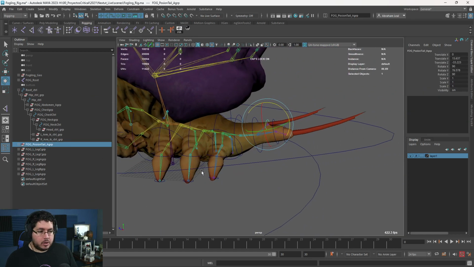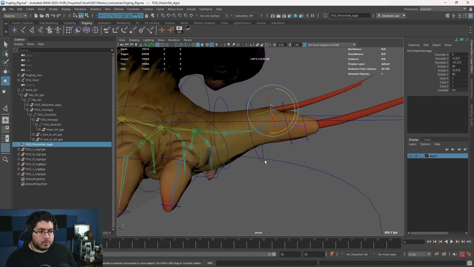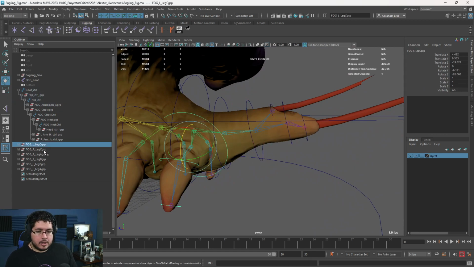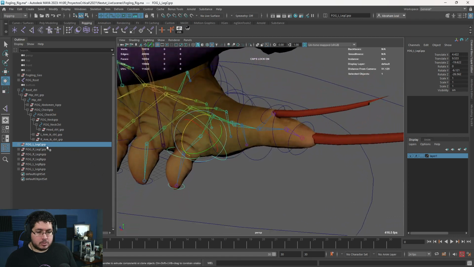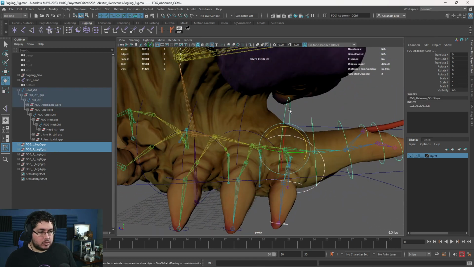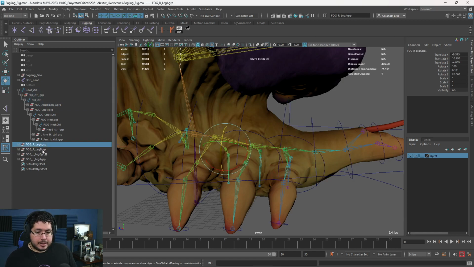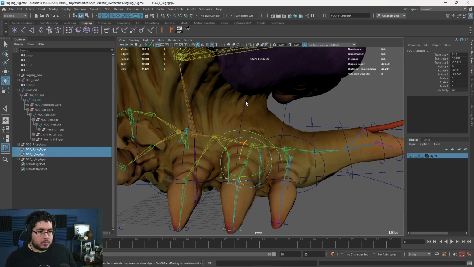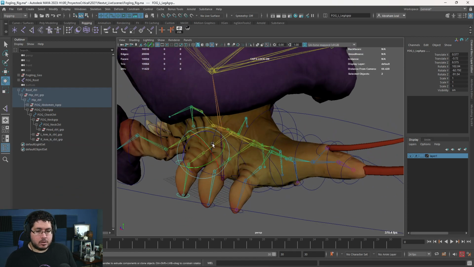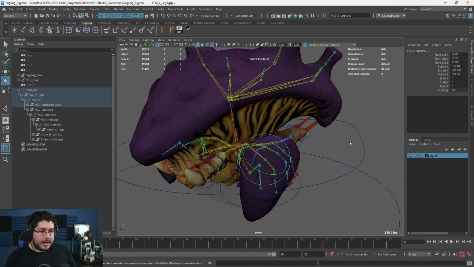What else do we have here? The poison tail group should probably be grouped to this curve right here, which is the closest one. These two leg C controllers I am going to connect to this curve right here. The leg B controllers are going to be connected to this curve right here. And the leg A controllers are going to be connected to this curve right here. And there you go. As you can see, little by little, we are creating the whole hierarchy for our character.